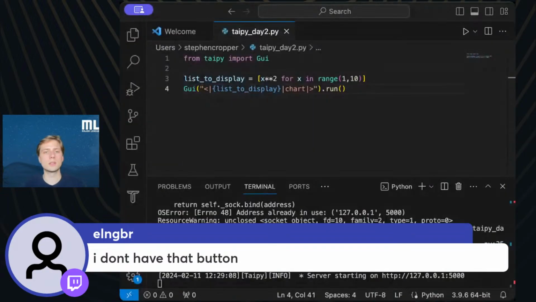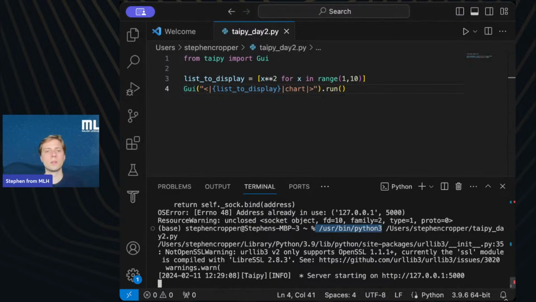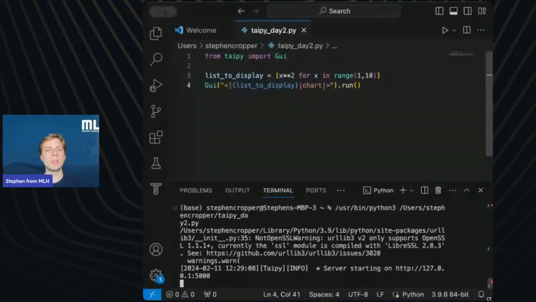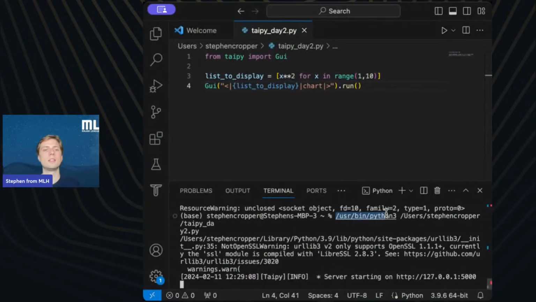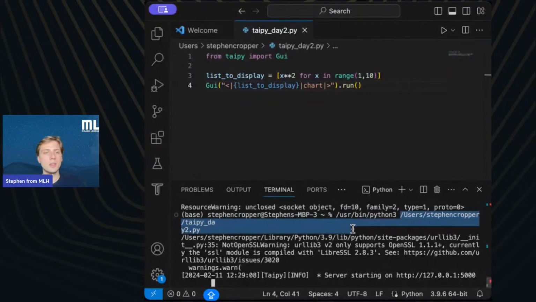So here it is. So you'll probably have your Python also at user bin Python 3. And in fact, a lot of the times you can just type the word Python or Python 3. You don't need to type the directory where it's located. But so you'll type where your Python is, and then you'll type the source of your Python file.